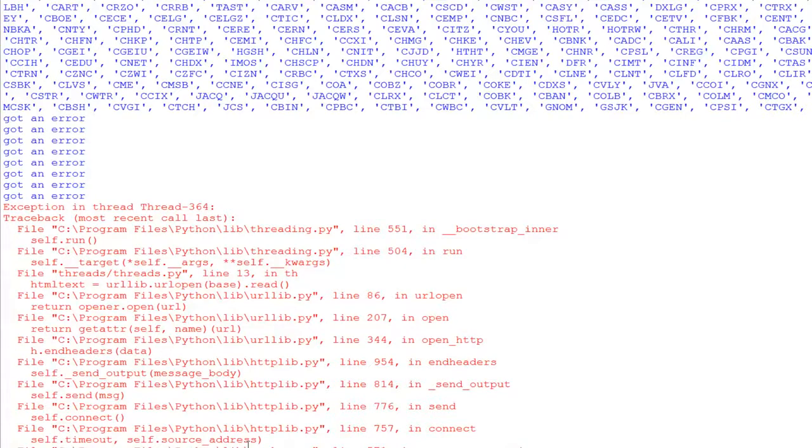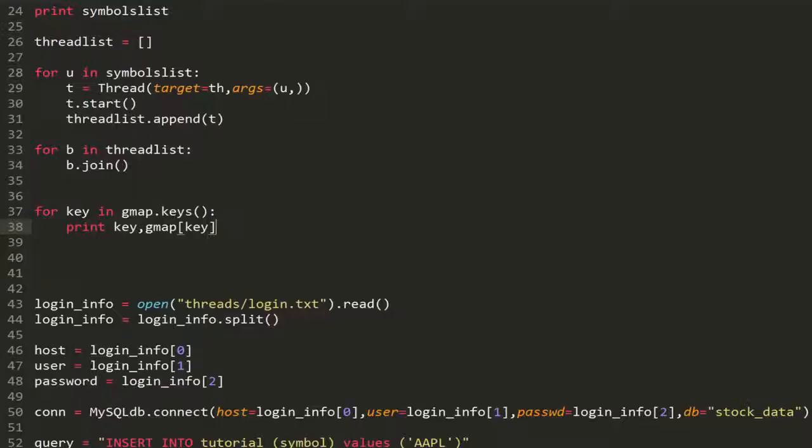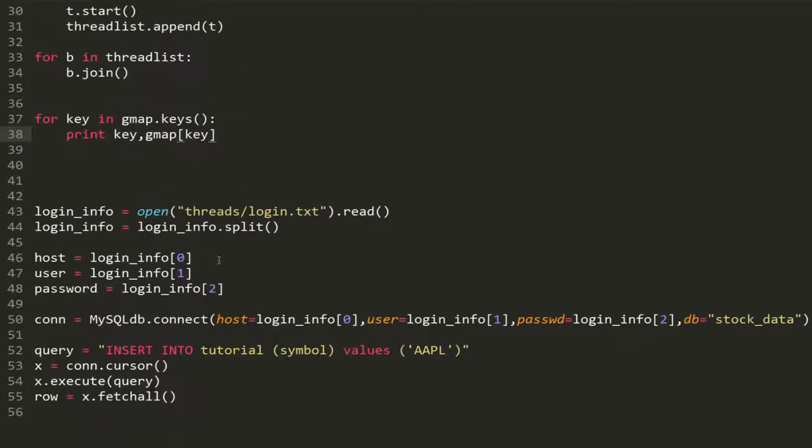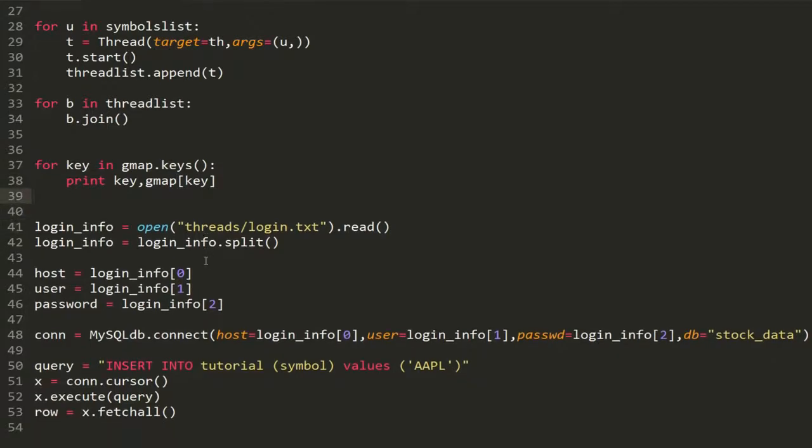Okay, wow. So it just printed everything out at once because it finished everything. And that's actually what we want it to do. It stored everything perfectly in our data structure. So that works correctly. And we actually want to put this insert statement in this for loop down here, because we want all